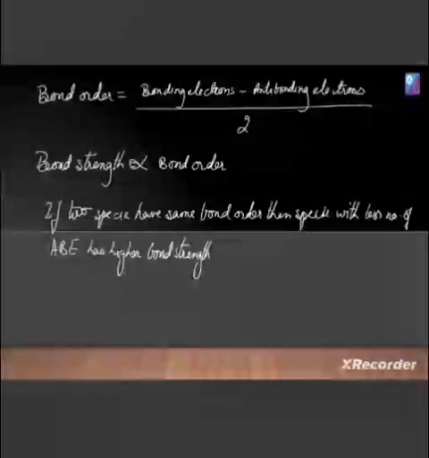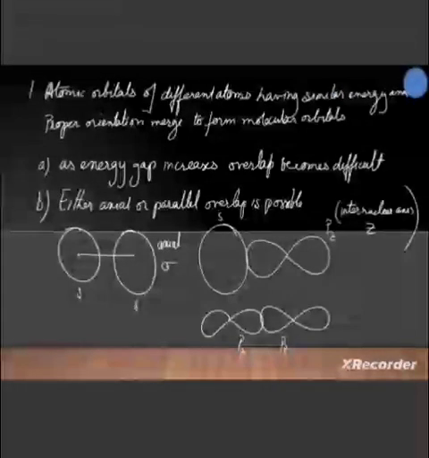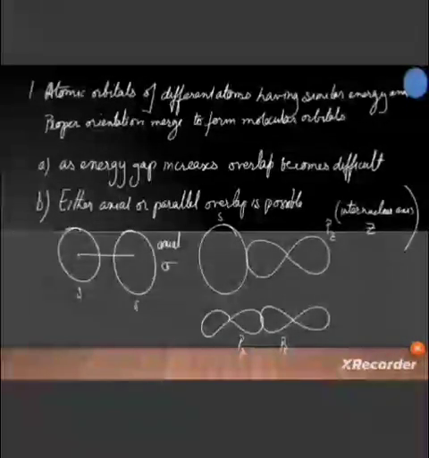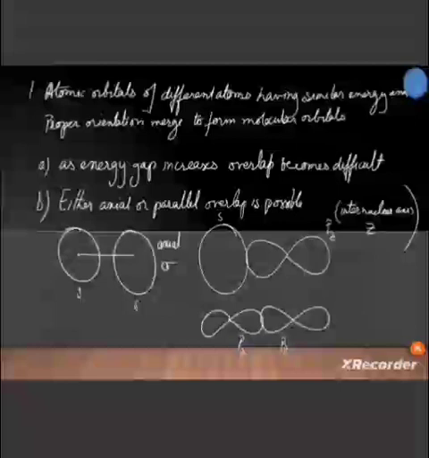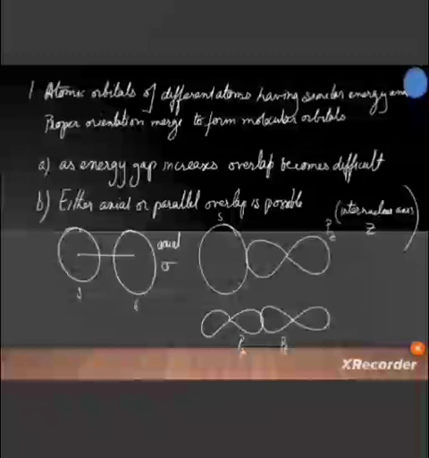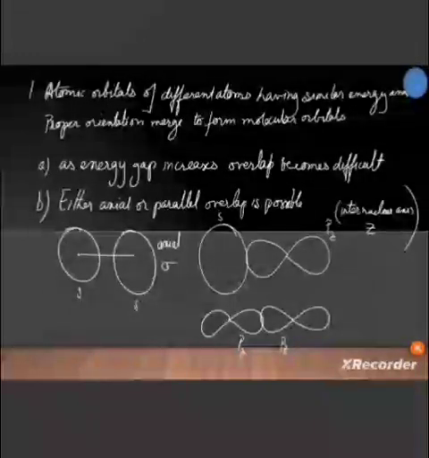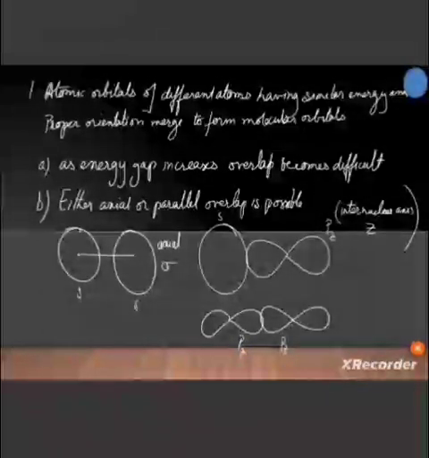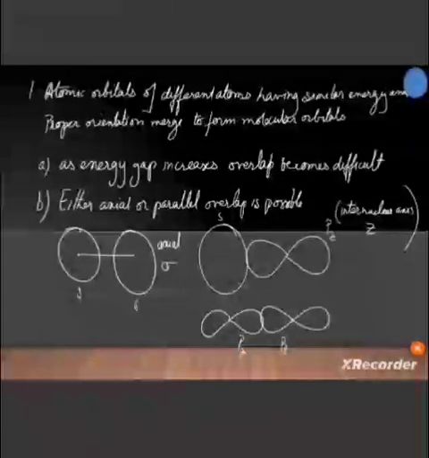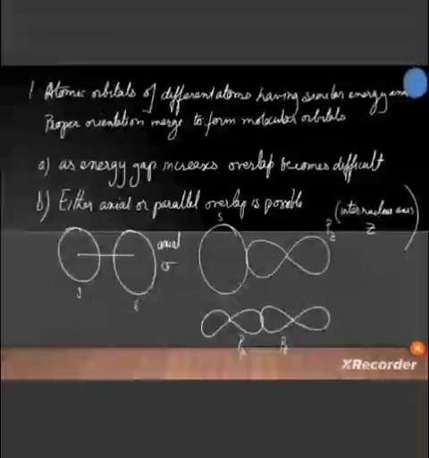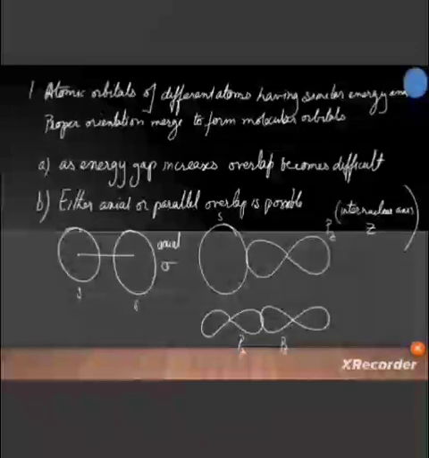Now, what are the conditions for combining atomic orbitals? First, atomic orbitals of different atoms having similar energy and proper orientation merge to form molecular orbitals. As the energy gap increases, overlap becomes difficult. Either axial or parallel overlap is possible. Like s-s combination gives a sigma bond, and pz also combines to give sigma pz, and s and pz combination is